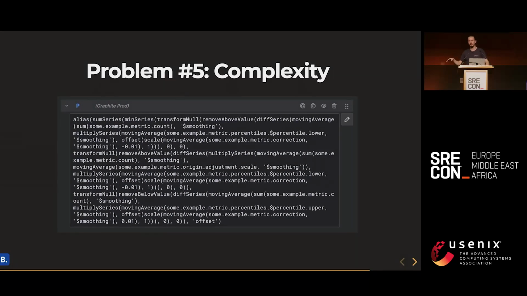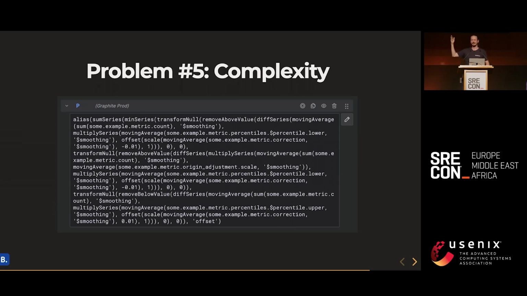And the last problem on my list was the complexity of the Graphite queries. As I said before, we wanted to make it as simple as possible on the service, to give us more room to play with the Grafana dashboard. Unfortunately, it results in this mess. It's sort of a real query, but I replaced the metrics with just an example metric. And it's only one target on the Grafana dashboard, for the single business metric, where